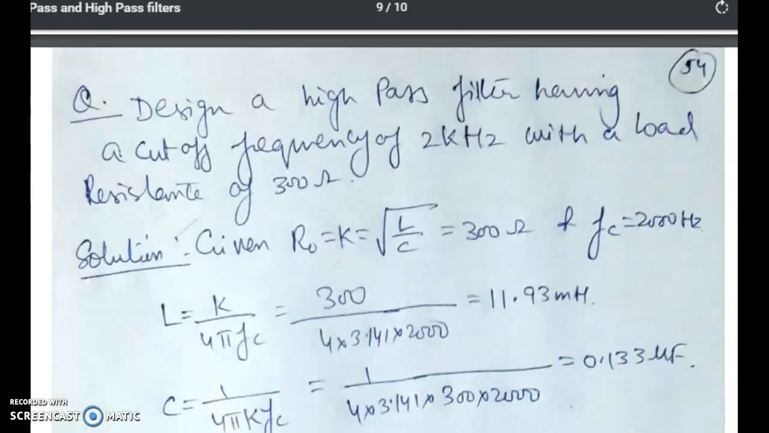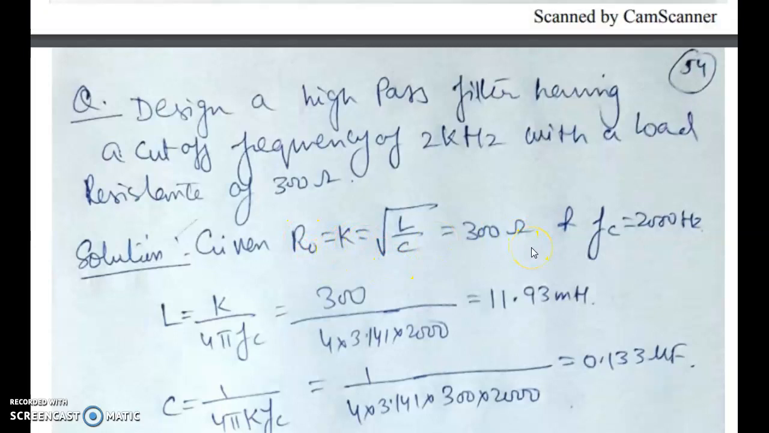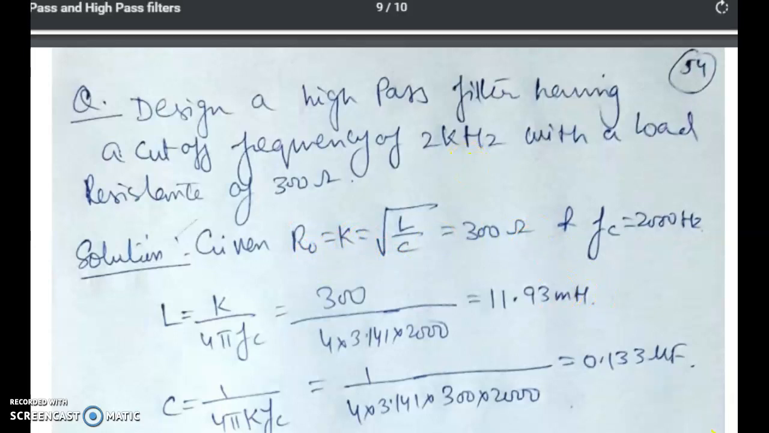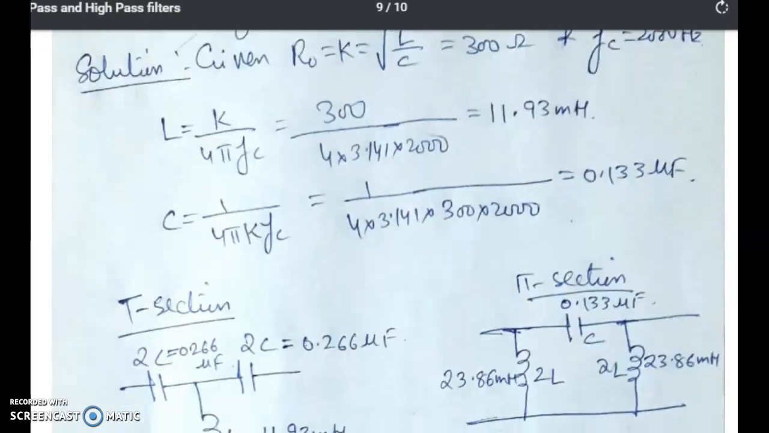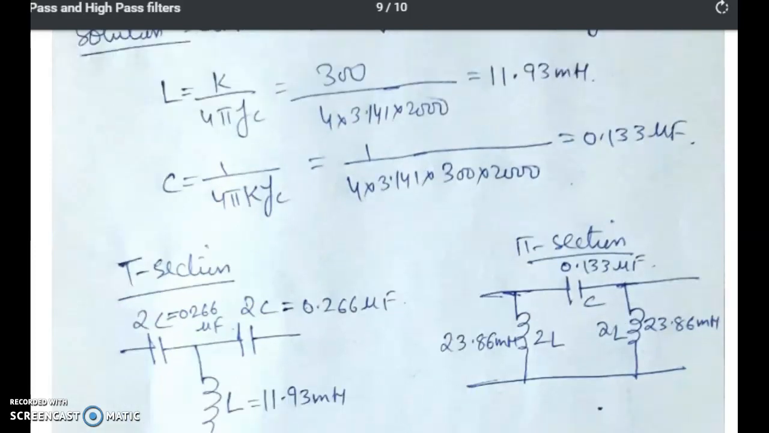So let's take a question. Suppose we have to design a high pass filter having a cutoff frequency of 2 kHz with a load resistance of 300 ohm. So given condition is R0 nominal load is equal to 300 ohm and fc is equal to 2000 Hz. Inductance L is equal to k upon 4 pi fc. So inductance is equal to 11.93 millihenry and